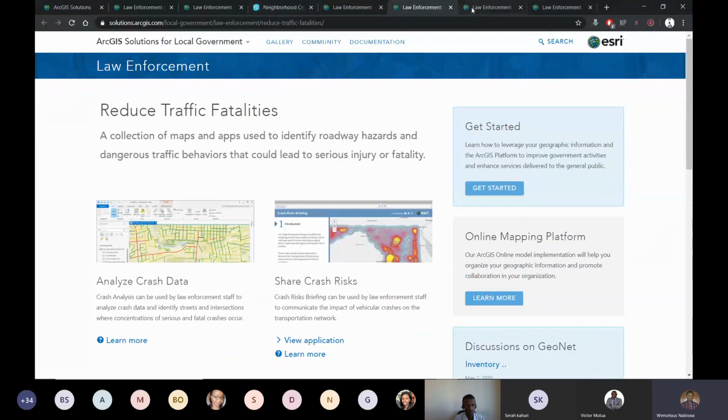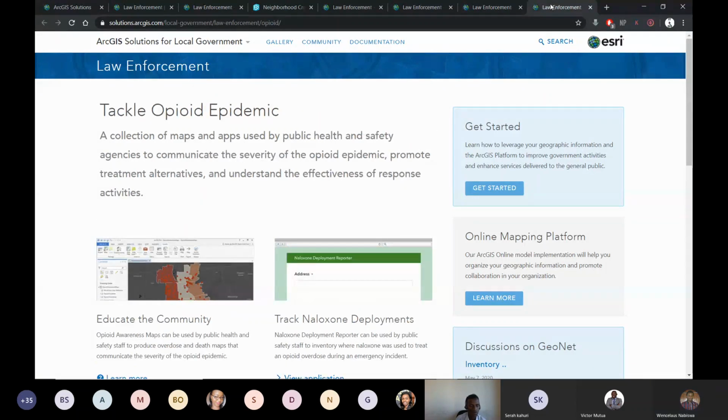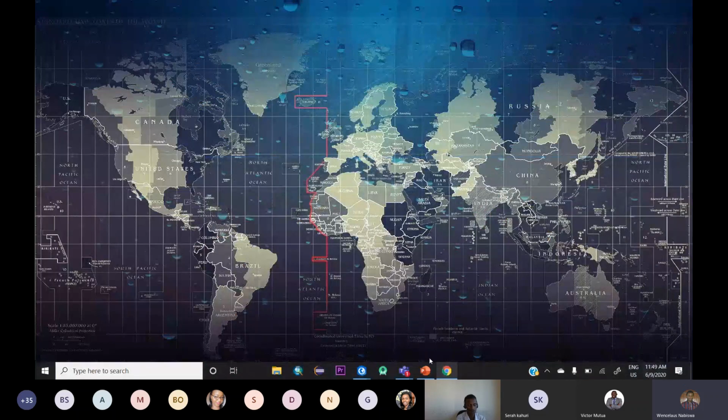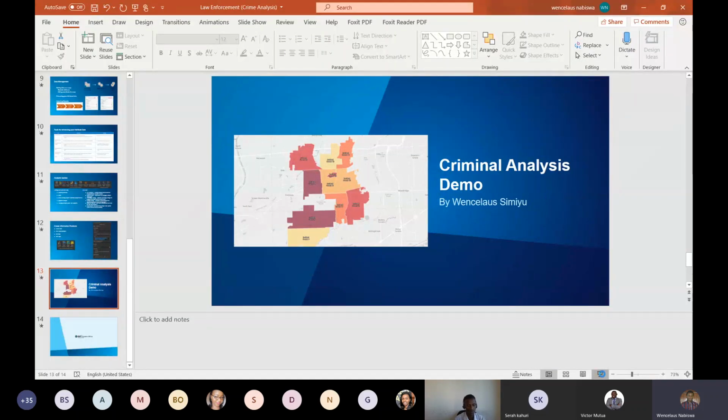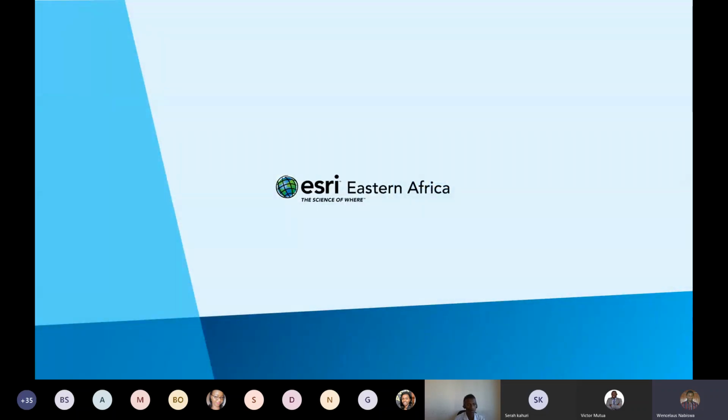I'm just taking you through this to show some of the available resources that Esri has made available to you, that you can use for your own organizations, and this can also be customized. So I believe I want to end my presentation there, and I welcome any questions. You can raise your hand